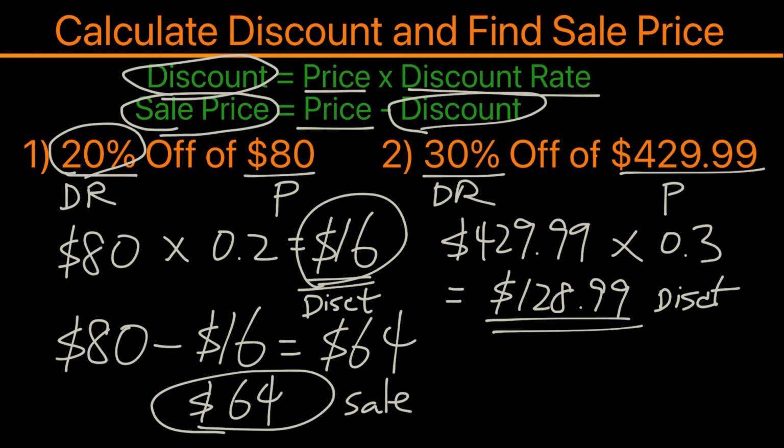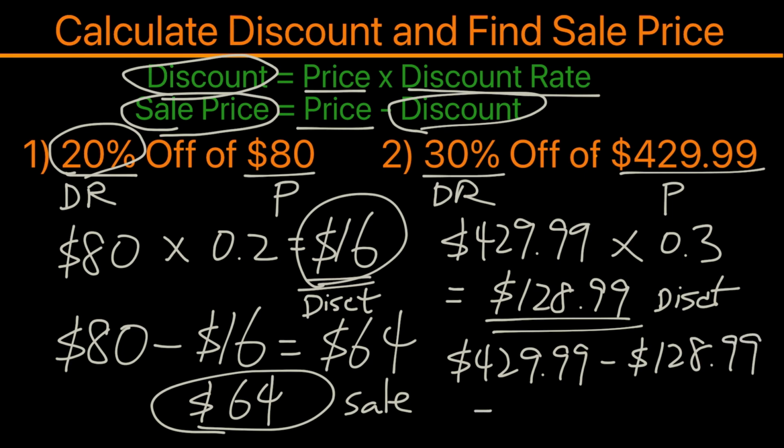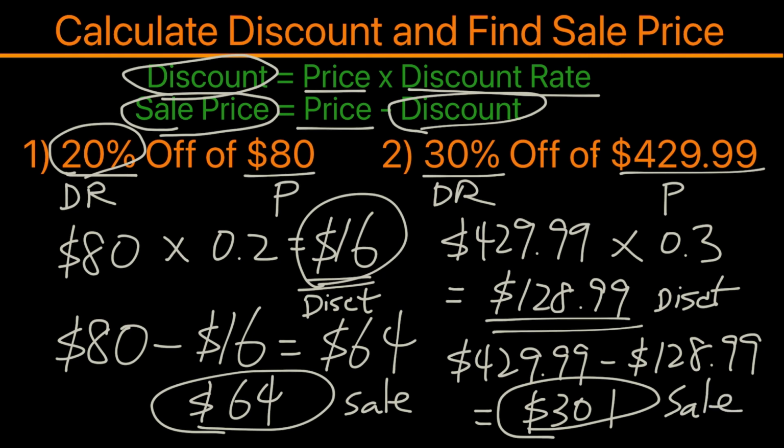And now we have the discount. We would take the price again, $429.99 minus $128.99, and that would give us $301. So that would be the sale price,